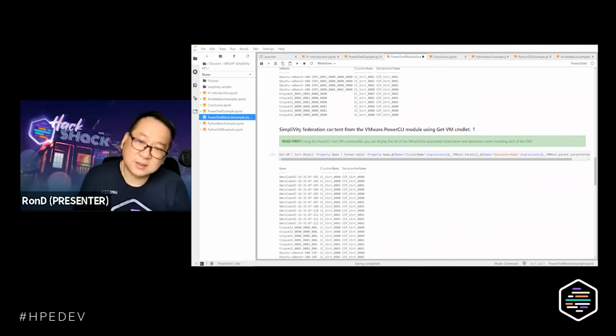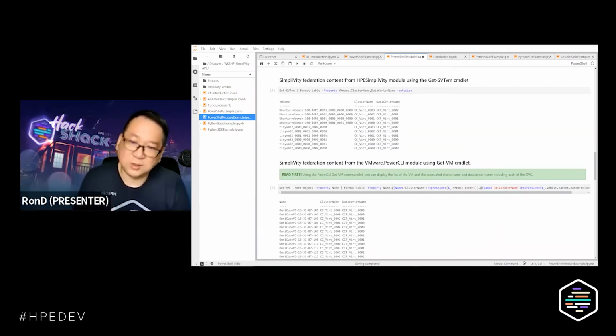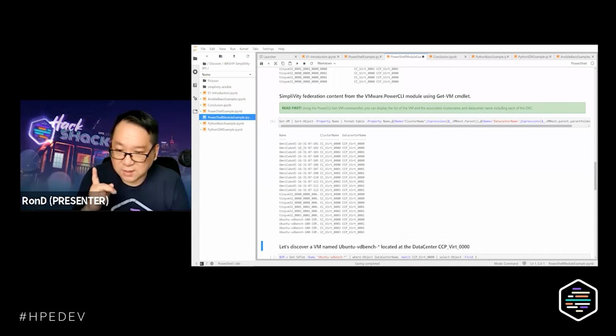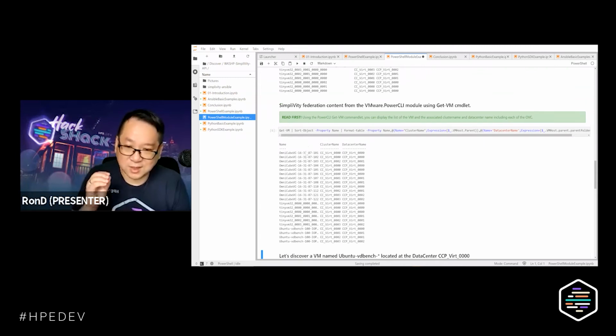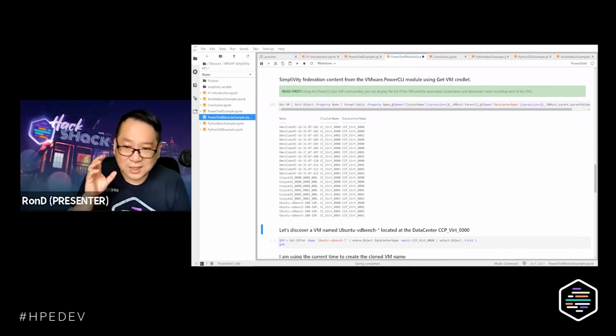There is a difference. Apparently, the SimpliVity module understands that those OmniCube VC VMs are special VMs. Those are virtual controllers. They're not something that can be modified, but the VMware PowerCLI recognizes all different parts of the virtual machine and displays it right over here.